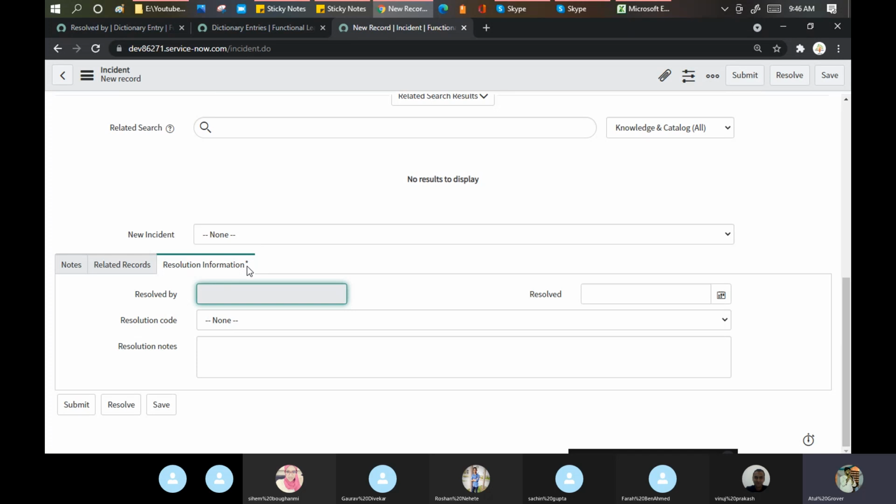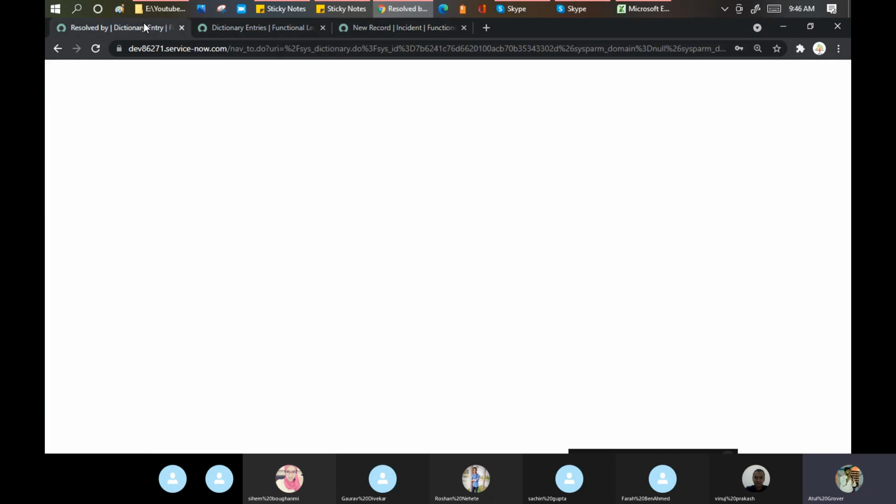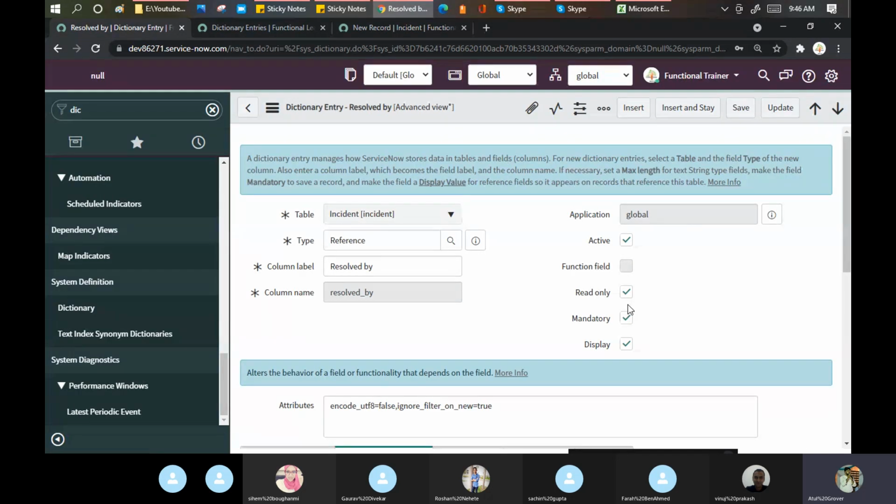See, you can do the mandatory read only via UI policy as well. Right? So you can do that part, but we use the dictionary override in case we want to override the behavior of a field which is coming from the parent table. Okay, now if I remove this, let me remove these options.